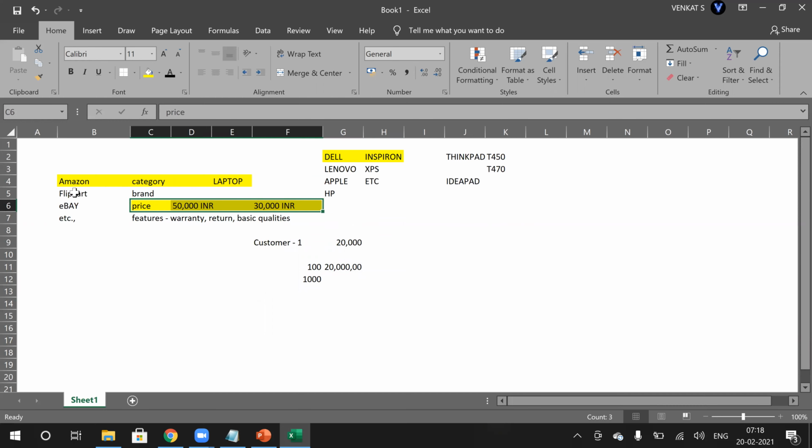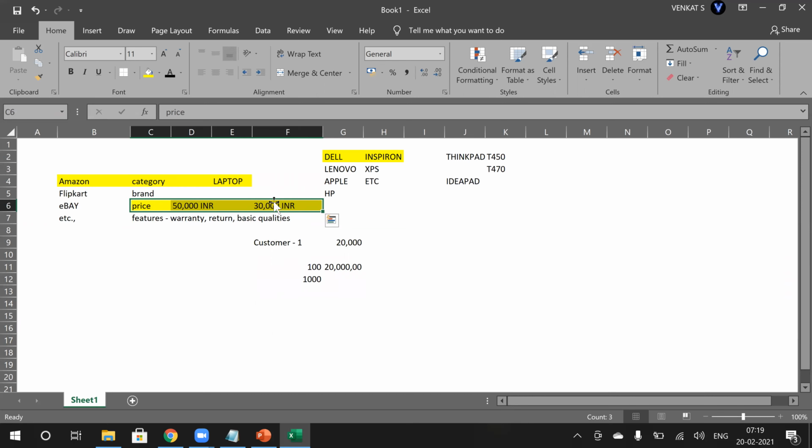If you take any business, not only e-commerce, any business in the world, master data plays a crucial role in the organization's success. So we have to be very careful in dealing with the master data, because that impacts all levels of business. That is the importance of the master data.